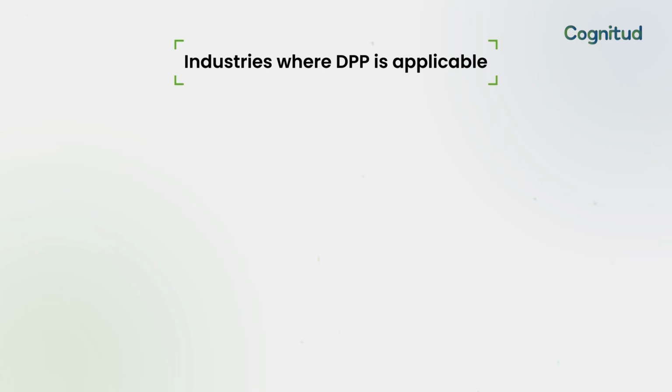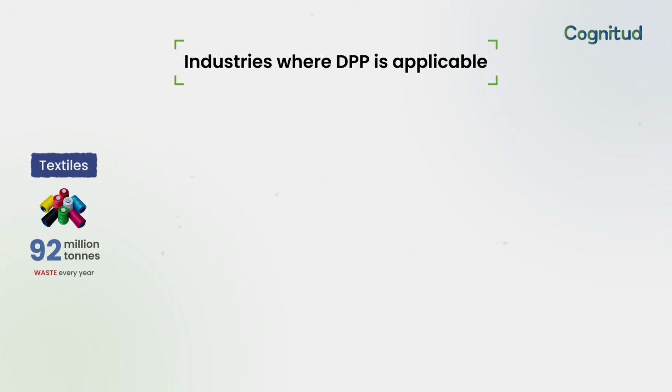Now let's understand which industries are prioritized for the implementation of the digital product passport. Well, there are several industries that are deemed high priority based on their environmental impact for adopting circularity initiatives like the digital product passport. These are textiles, which produce 92 million tons of waste every year; plastics, where 400.3 million